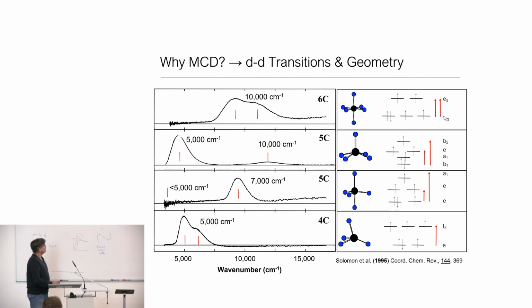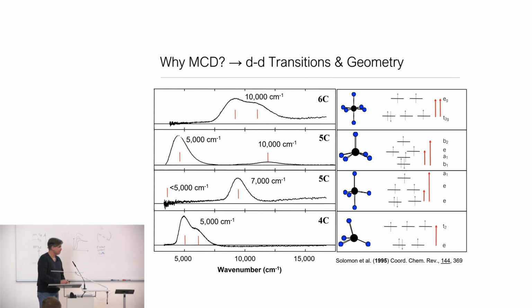Yeah, and then for tetrahedral sites, they have roughly half the ligand field splitting of an octahedral site, and so instead of 10,000 wave numbers transitions, you get a pair of transitions at about 5,000 wave numbers, and that is then the signature of a tetrahedral site. So that's a great way of using MCD to get some insight into the effective coordination geometry of transition metal complexes, and I hope that I managed to get to the point where I show you an example